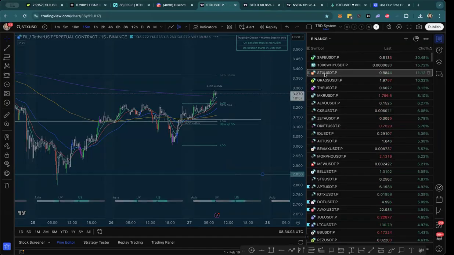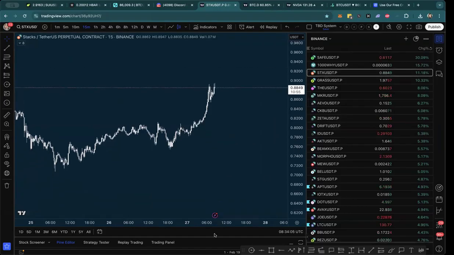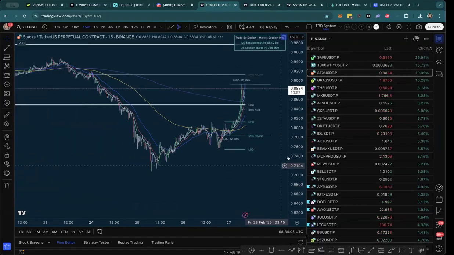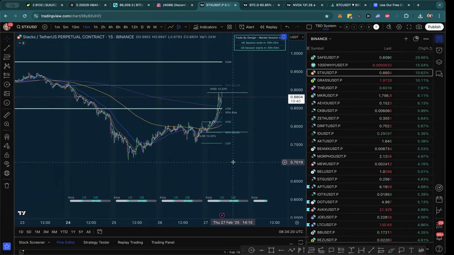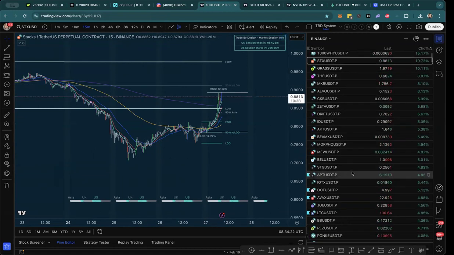So I can see Stacks here. I click on it. Can I count how many levels? Now, at a glance, I can see a level, and this is on the 15-minute time frame, a level, a retracement, a level. There's probably one more to go. I don't trade level 3, as you guys know. So I would miss out on this one, but then I just go to the next one.